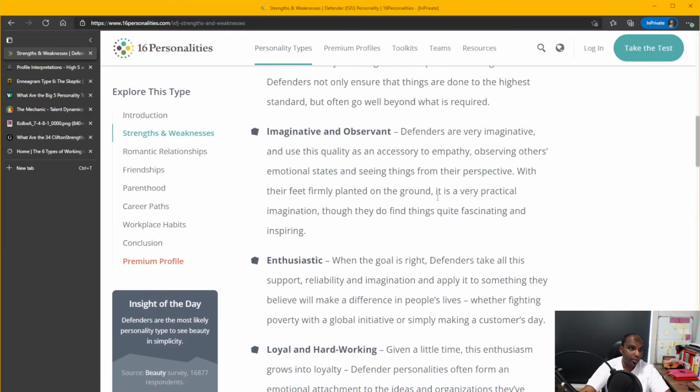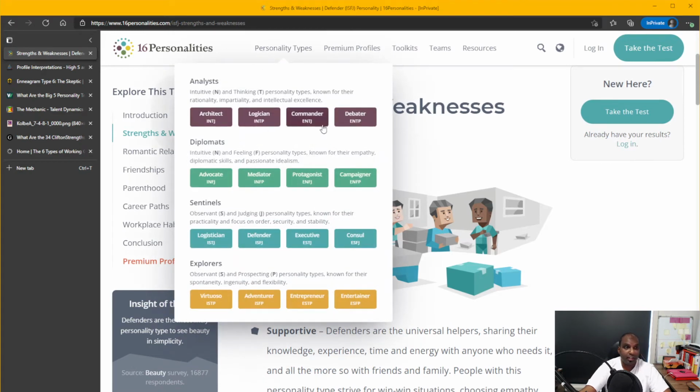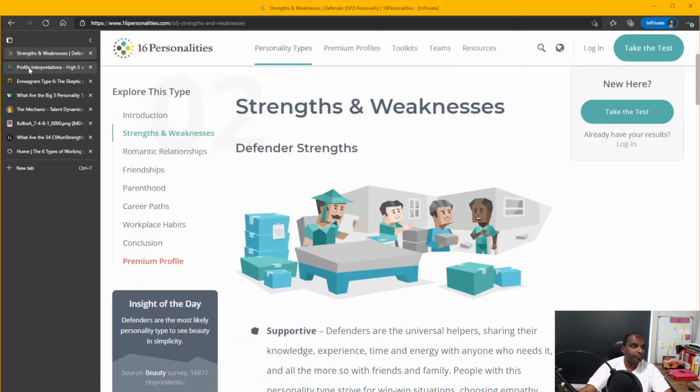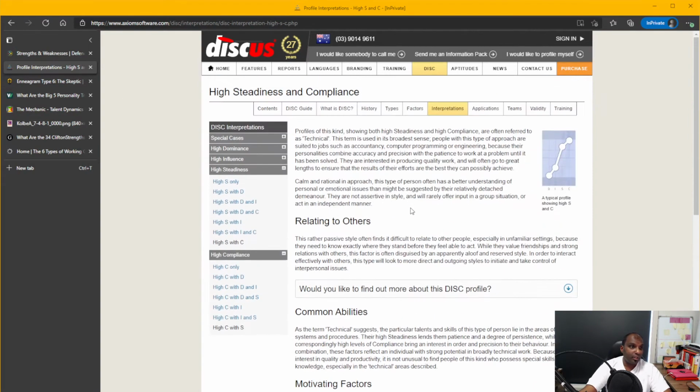So I've just chosen one. For every one of the 16 personalities, there are positives and negatives, and you've got to find mitigative strategies when dealing with the weaknesses. And also, based on your strengths and weaknesses, you might want to look for roles that make use of more of your strengths and put you in a situation where you don't really have to be using things that are your weaknesses. So if you go into the MBTI thing, this is DISC.